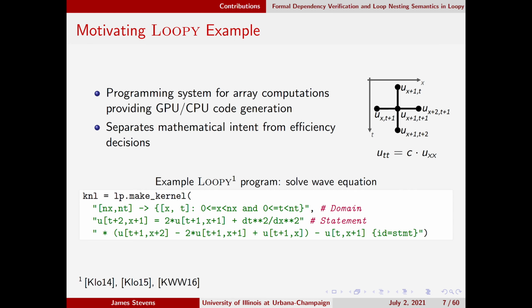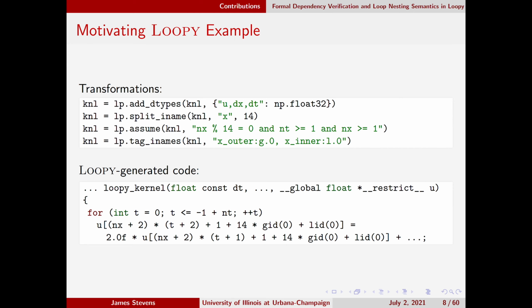Suppose we want to solve the wave equation at the right using a 5-point finite differences stencil. We create a program performing this computation by first specifying a statement and a domain. The statement describes how each element of the two-dimensional array is computed, and the bounds on the index variables are provided in the domain. Without any specification of the algorithm, Loopy would generate code that computes this with two nested for loops over the